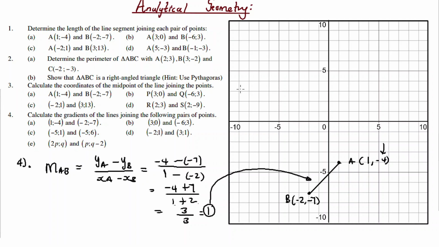Take note here that the gradient came out as a positive value, right? So whenever your line is slanted like this, it means that your gradient is going to be positive. But if your line is slanted like this, your gradient is always going to come out negative. So these are the basics for the key concepts here